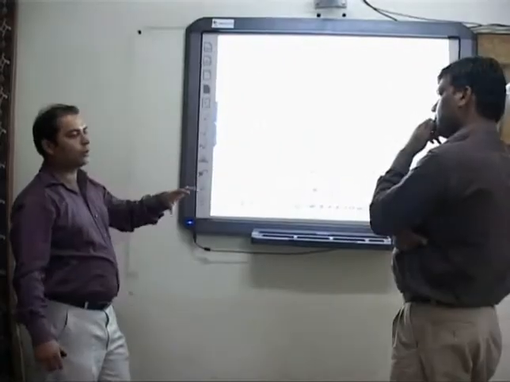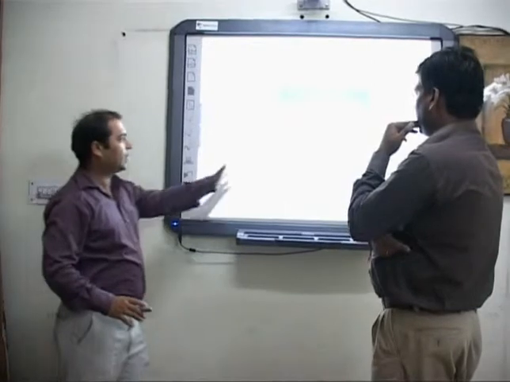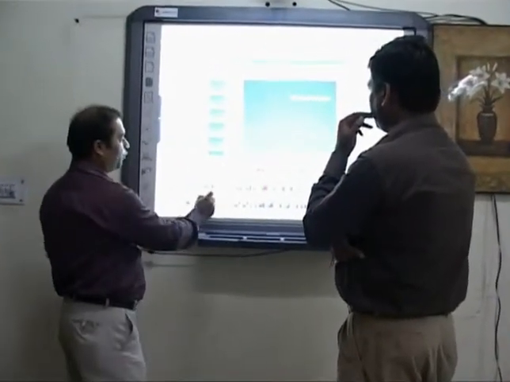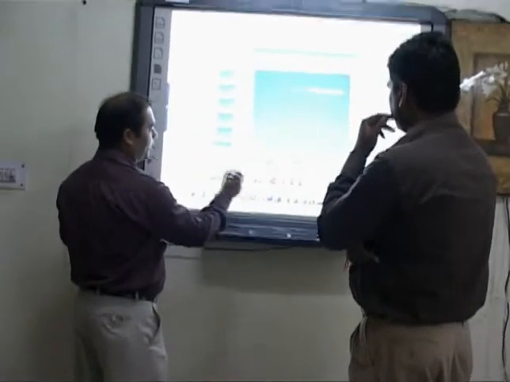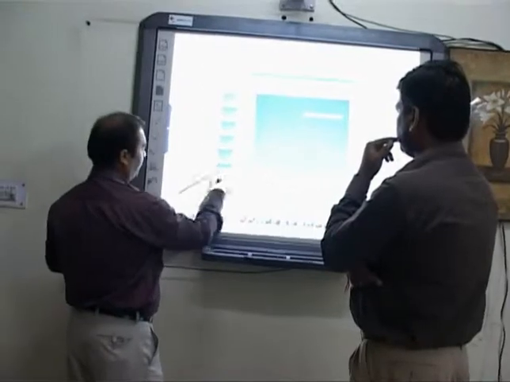The only thing is instead of a mouse we are using the dummy pen or a finger. This kind of media file we can run in a whiteboard application, and in between if you want to pause and stop, you can easily do that. And the main thing is we can pause and make annotations also.